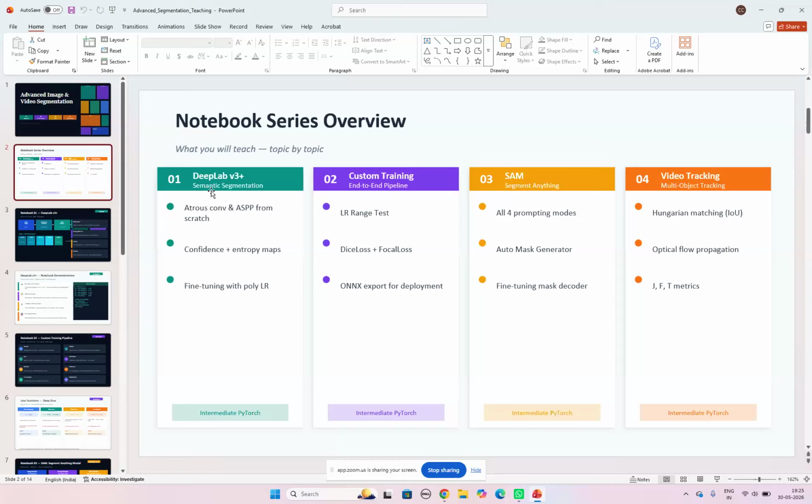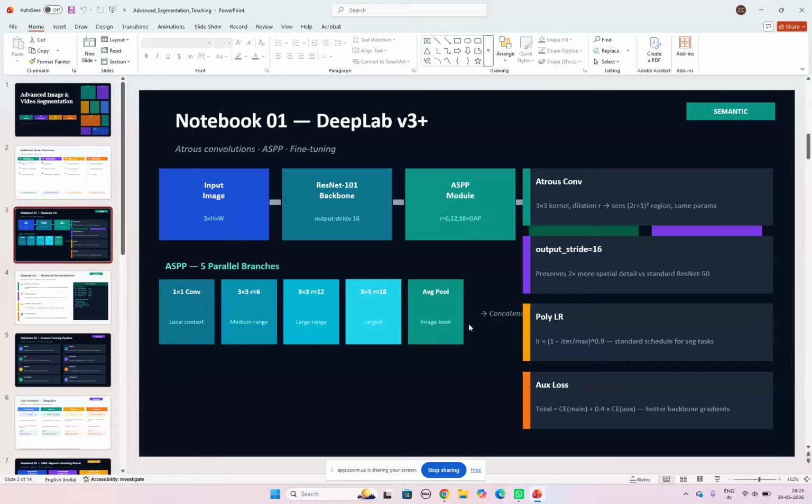Can anyone tell what semantic segmentation is? You studied it in the last two to three classes. Anyone? It identifies the categories. What do we do in semantic segmentation?